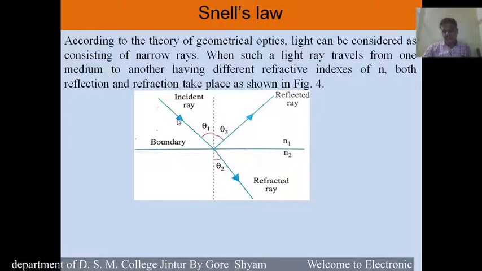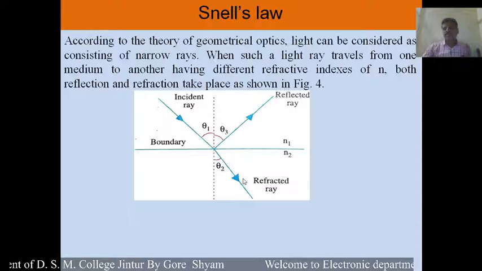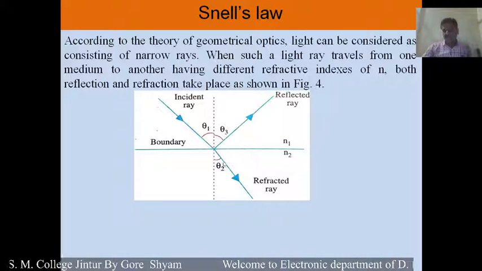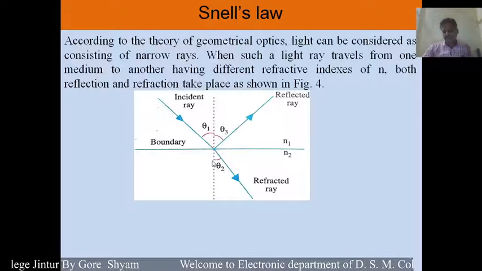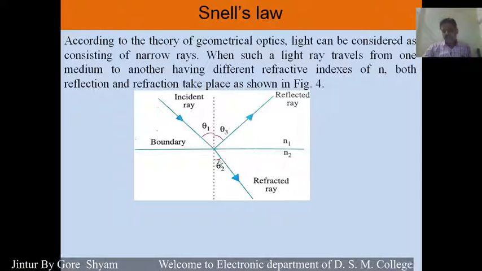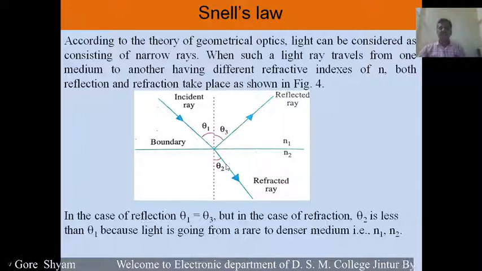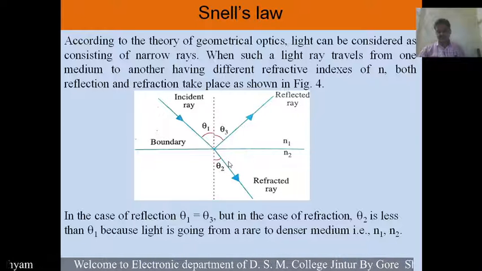When the light is passing from the rare medium to the denser medium, then this refracted light is bent, and therefore this angle theta 2 is less than theta 1. Okay,